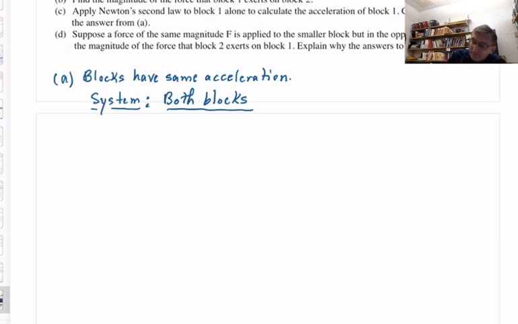Now, once I pick a system, you might call that step 1 in a systematic application of Newton's second law. Step 2 is draw a complete free body diagram for the system